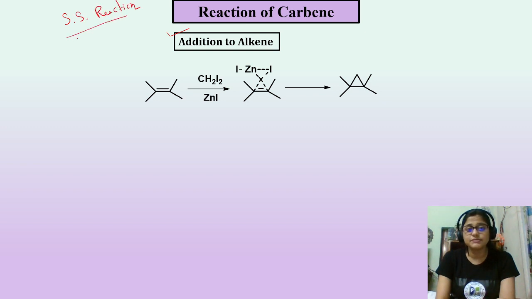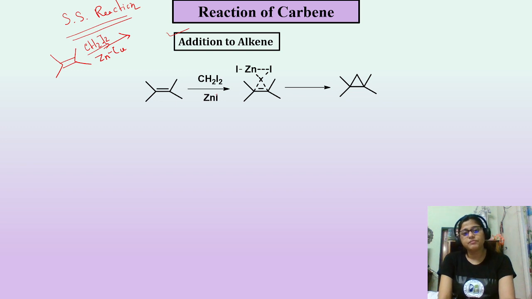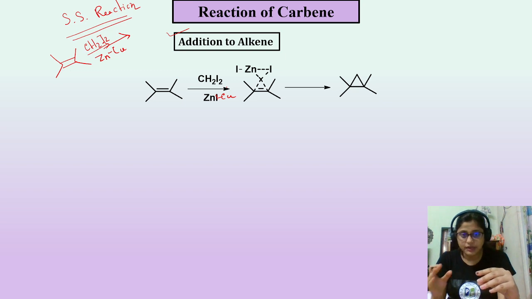How to know that it is a Simon-Smith reaction? First, one alkene should be there, because it is an addition to alkene, addition of carbene to alkene. And the condition, or the other reagent, CH2I2 and Zn or Zn copper. So that will be your reaction condition. If alkene is present and CH2I2 and Zn or copper, any metal is present,